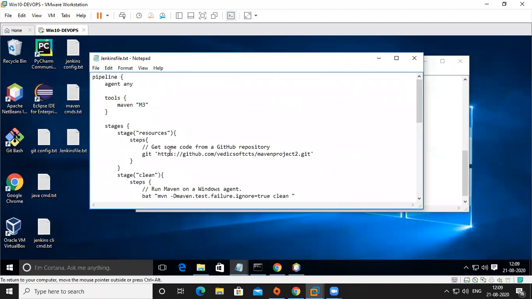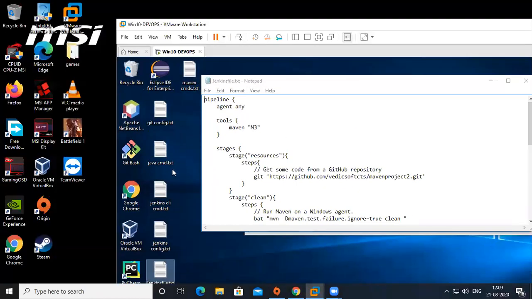If you want this pipeline, I will put it in the chat box also. Okay, I'm sending the Jenkinsfile directly, so you can check it on your PC.